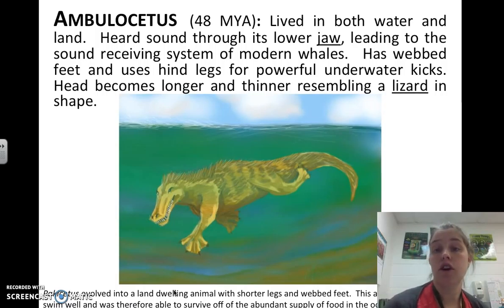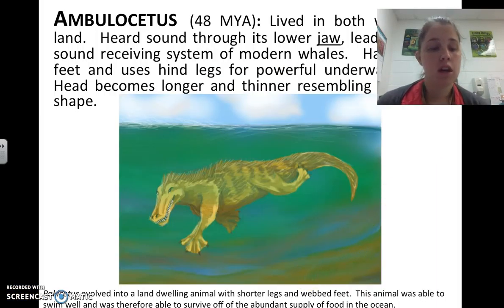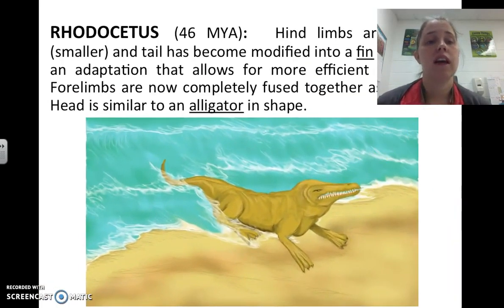Ambulocetus, 48 million years ago, lived in both water and land. Heard sound through its lower jaw, so no longer had ears, leading to the sound receiving system in modern whales. Has webbed feet and uses hind legs for powerful underwater kicks. Head becomes longer and thinner, resembling a lizard's in shape. So this guy lived on both land and water. It evolved into a land-dwelling animal with shorter legs and webbed feet. This animal was able to swim well and was therefore able to survive off an abundant supply of food in the ocean. The next one is the